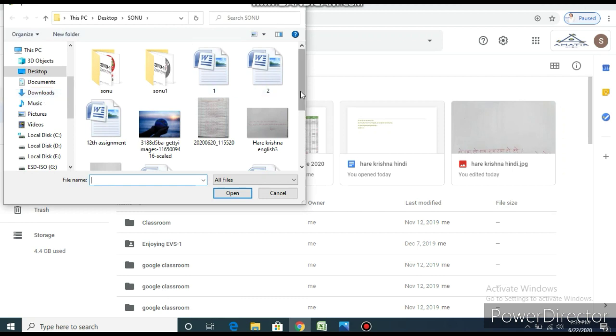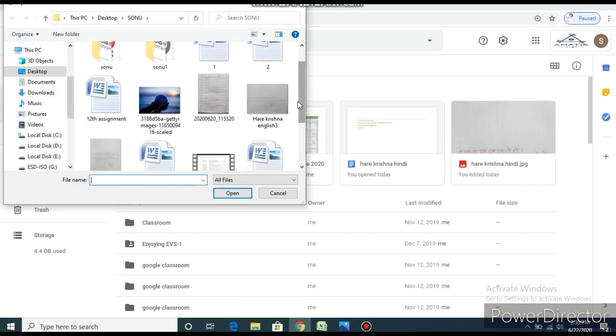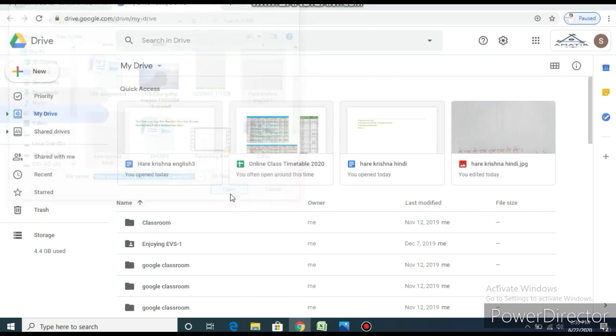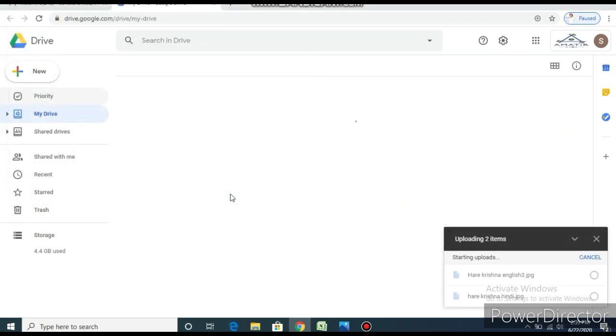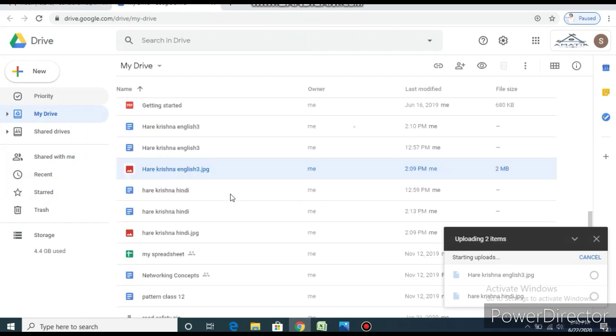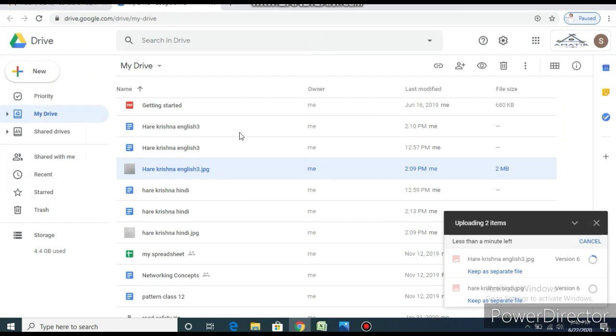As I have already shown you, this one is my English written file, and the second one is the Hindi written file. Both of these files I am going to upload to my Google Drive. So these files are getting uploaded. Okay, I have already uploaded this in order to show you the pictures. Just right click on it